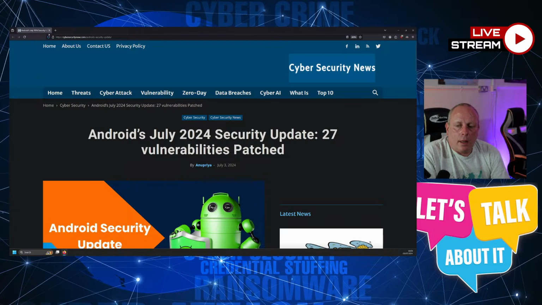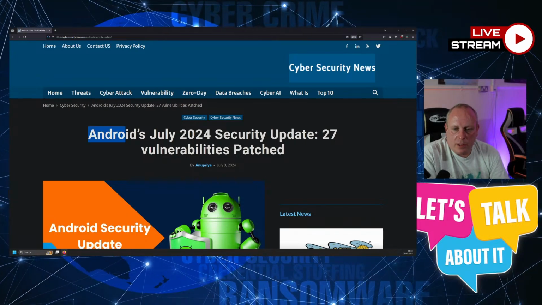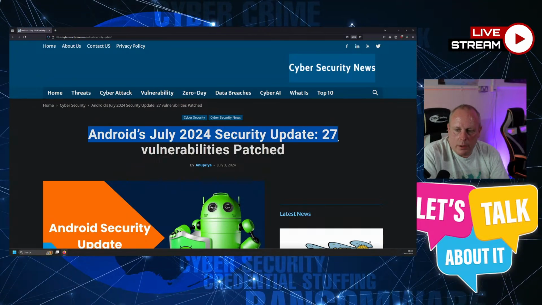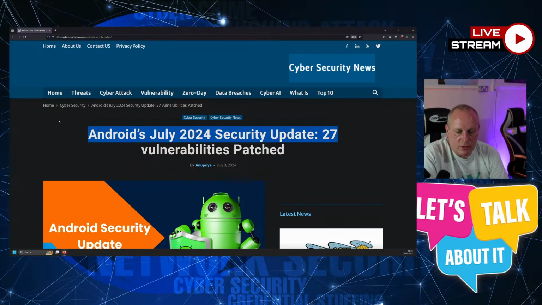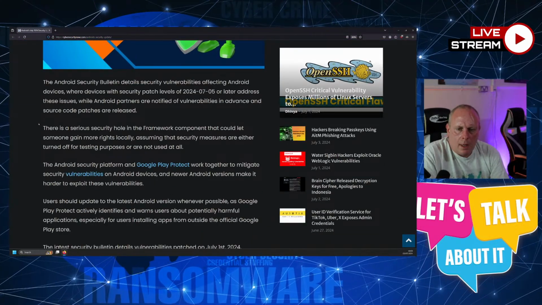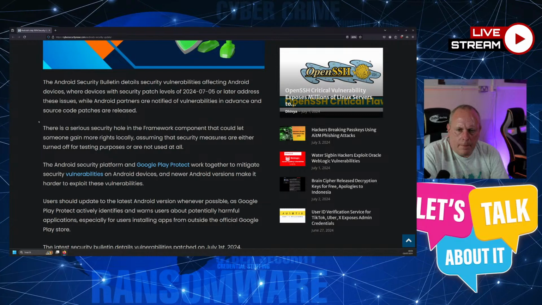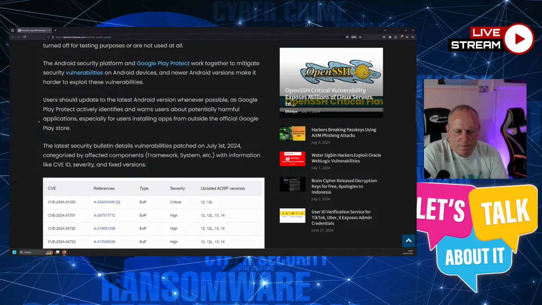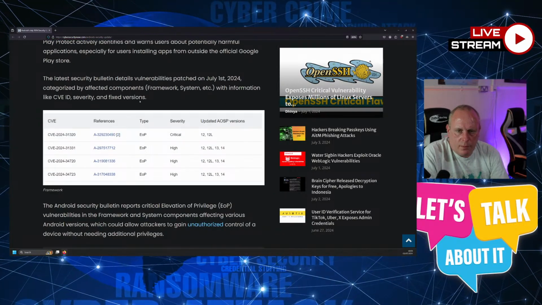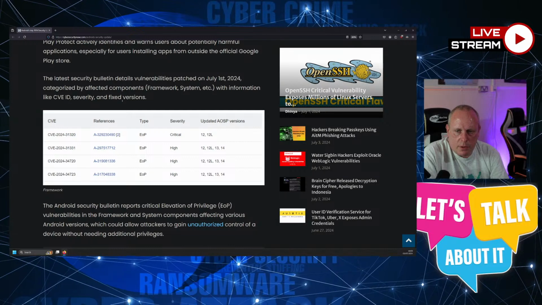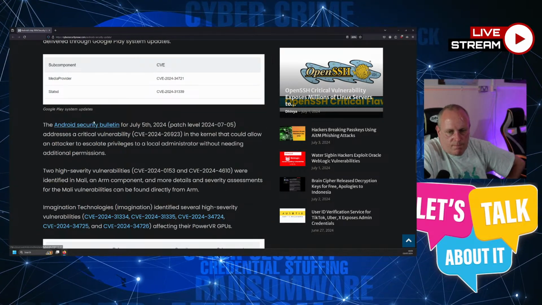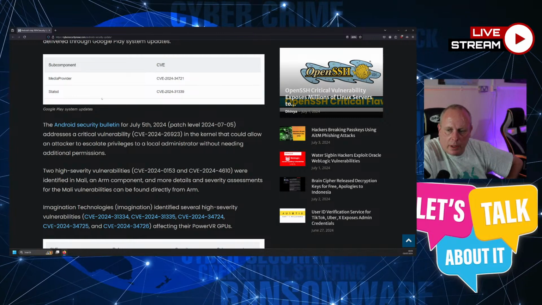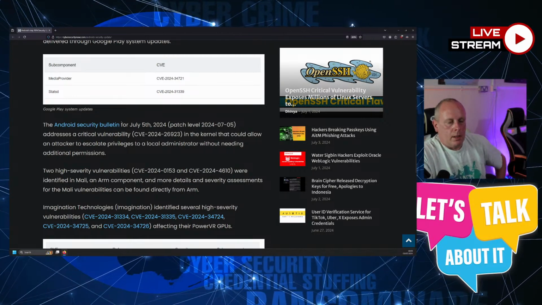If you've got a mobile phone and it's running Android, then you're going to want to do the July 2024 security update, which has patched various vulnerabilities. We can see there's various security bulletins that are about on this. So I'll leave these links, but you just need to go into your phone and check for updates.